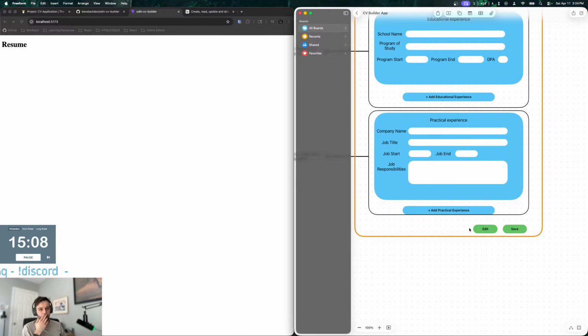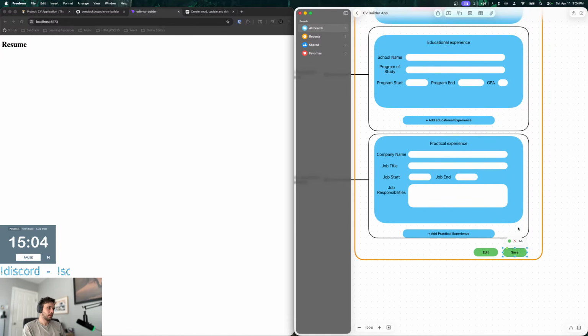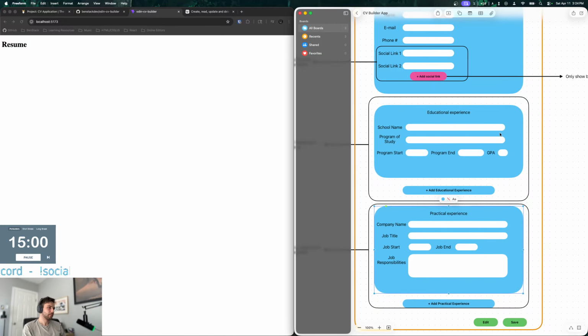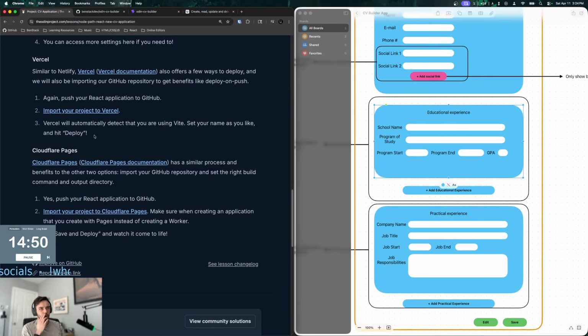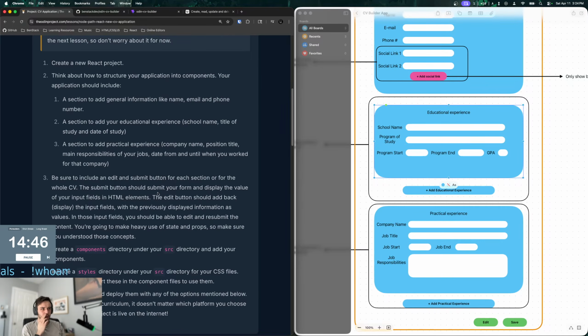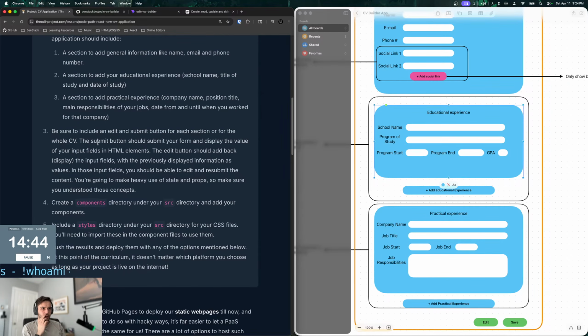Yeah, the create and update would be one surface. The only thing is deleting. We'd probably want a delete button, right? The read in theory would be a printable version and not a form. Yeah, so per the specifications, it says edit and submit button for each section.